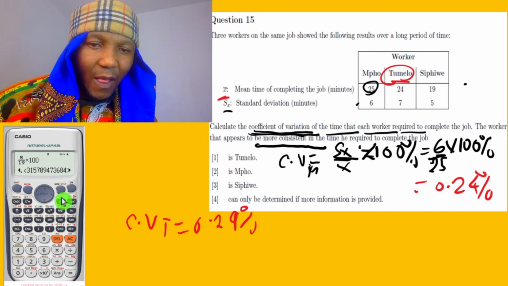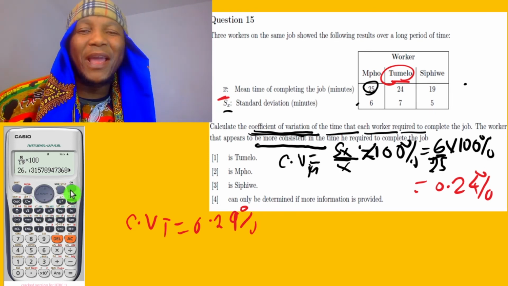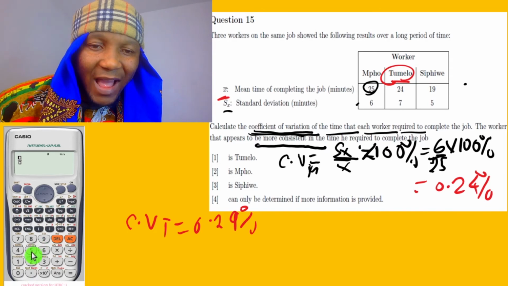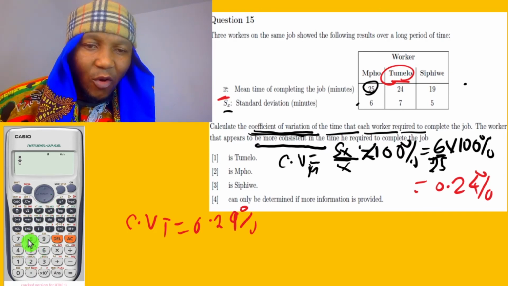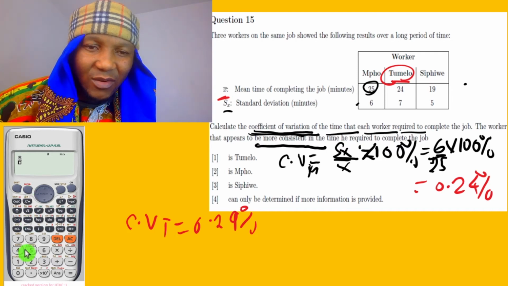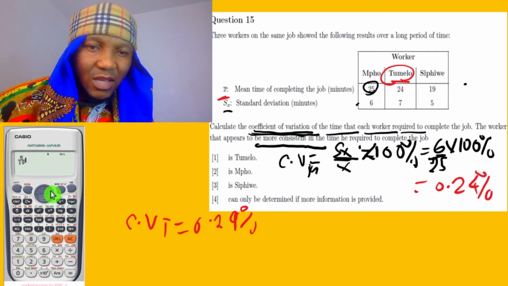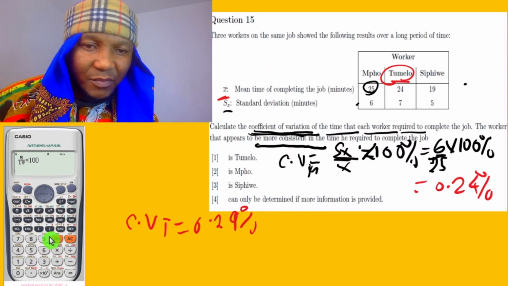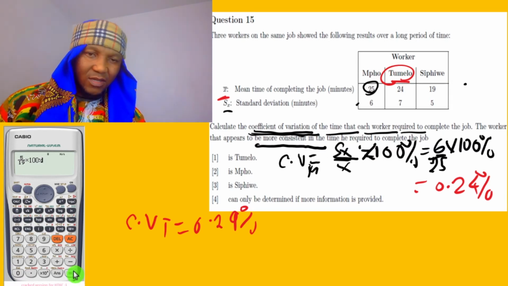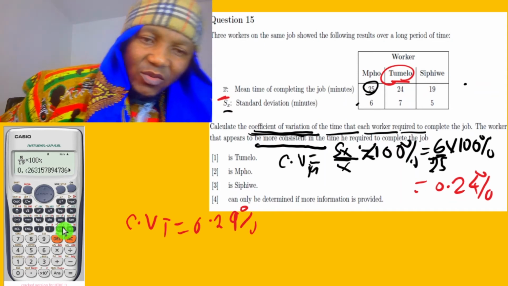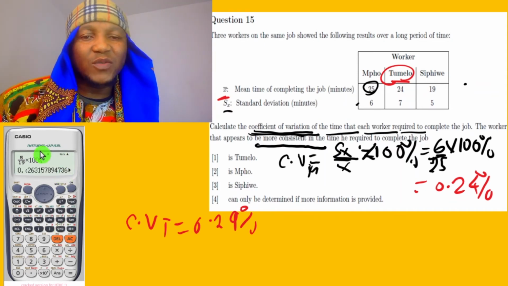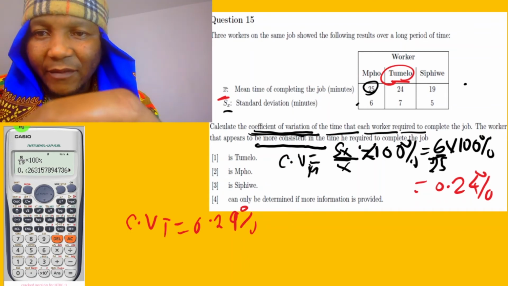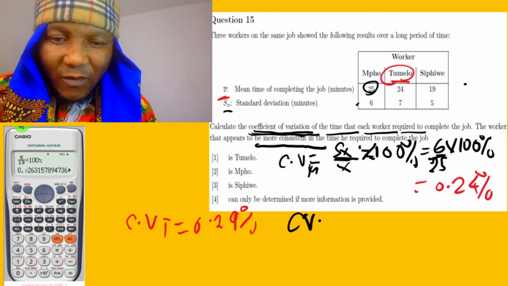Okay, no problem. Let's plug in again quickly. We say 5 over 19, and then you multiply by 100 and shift percent. It's going to give us 0.26. So for Simpiwe,